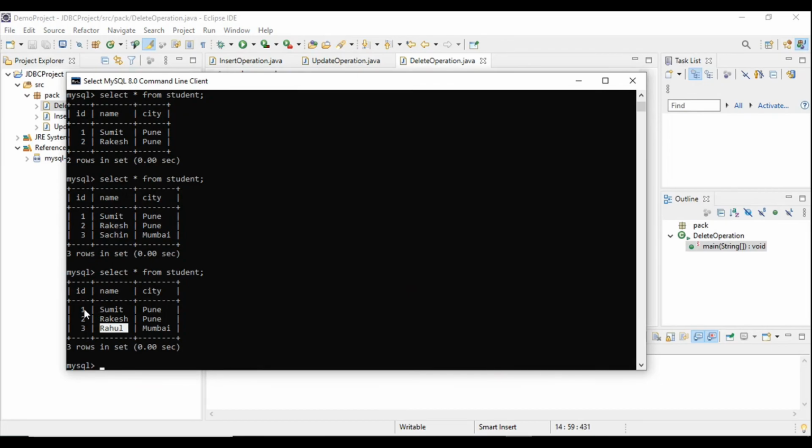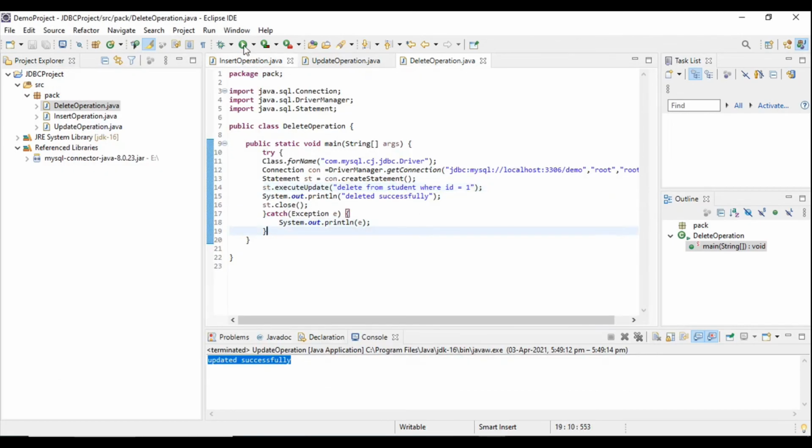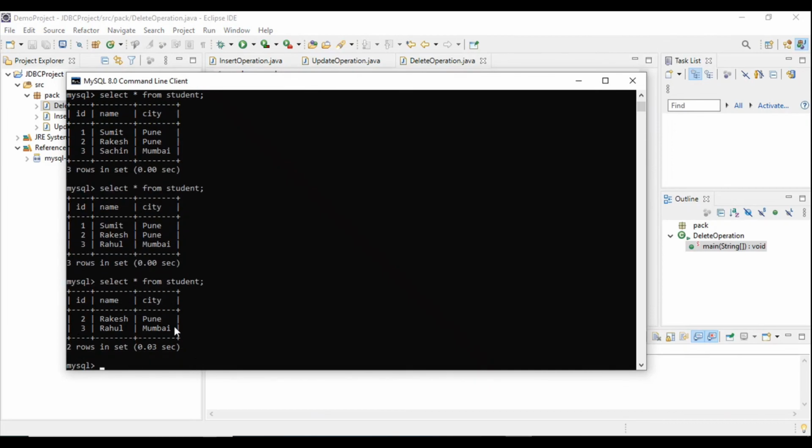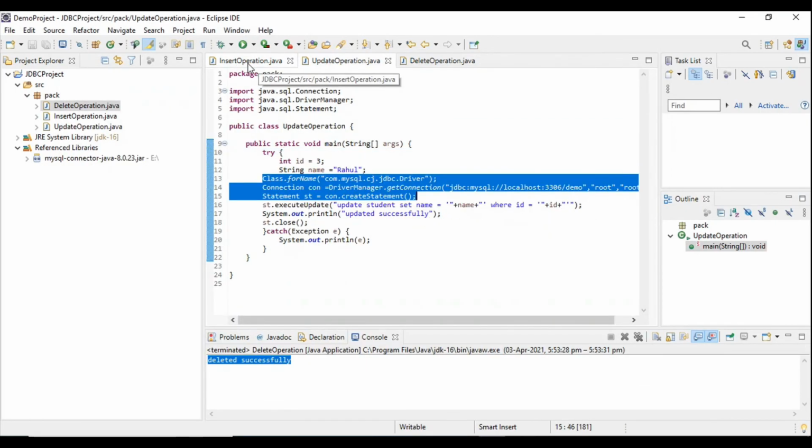It means this entry should be deleted. Run this program. Yes, data has been deleted.